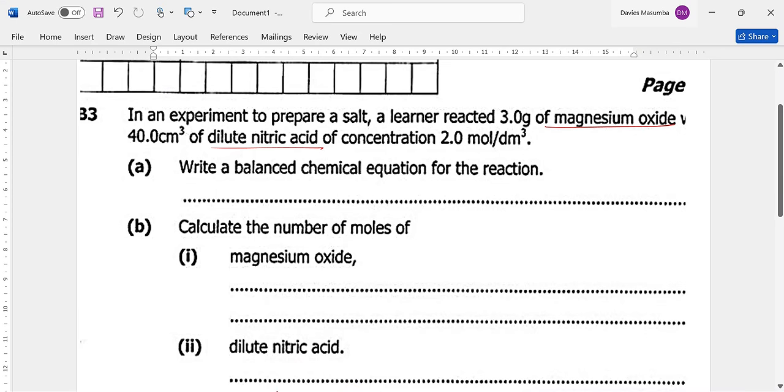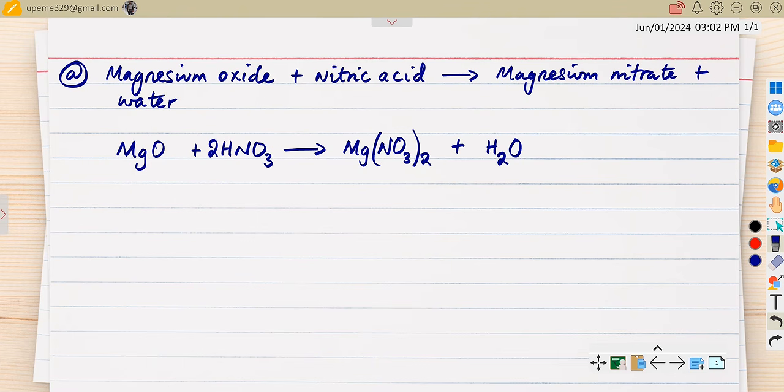Calculate the number of moles of Roman 1, magnesium oxide, and 2, nitric acid. So they need the number of moles of magnesium oxide. For us to calculate the number of moles of magnesium oxide, we need to know what we have been given. We have been given 3.0 grams of magnesium oxide. So let's go and see. So on B